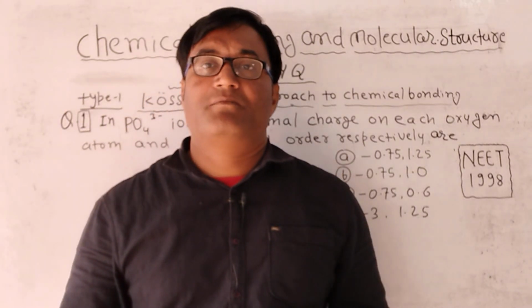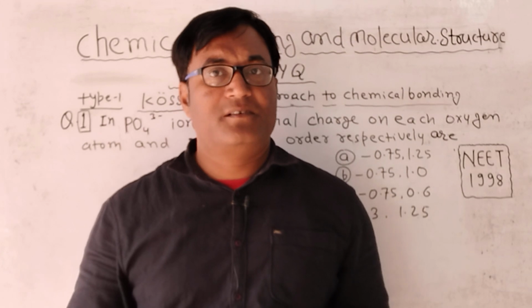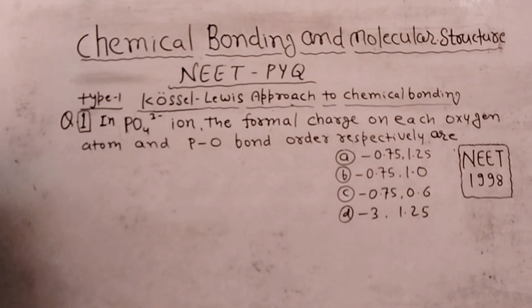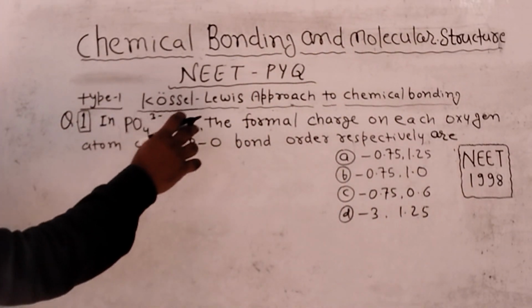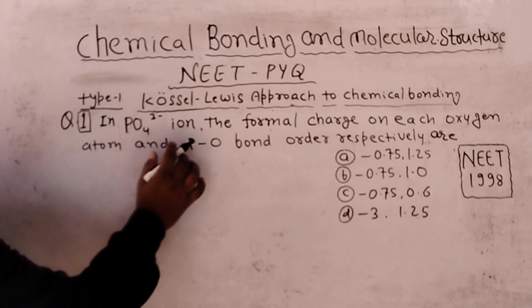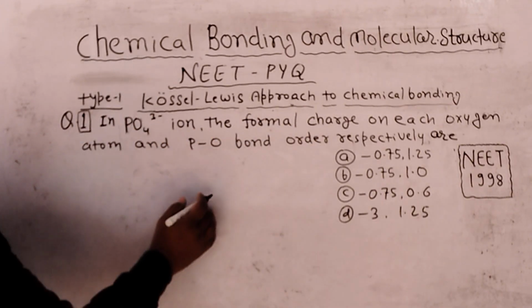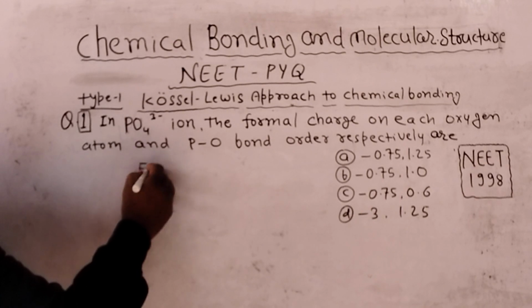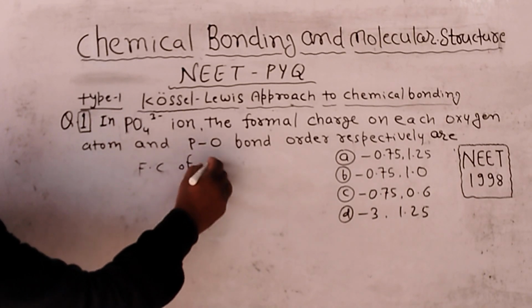This question is question number 1. This is a NEET previous year question. This question is based on the Lewis approach to chemical bonding. According to this question, in the phosphate ion, the formal charge of each oxygen